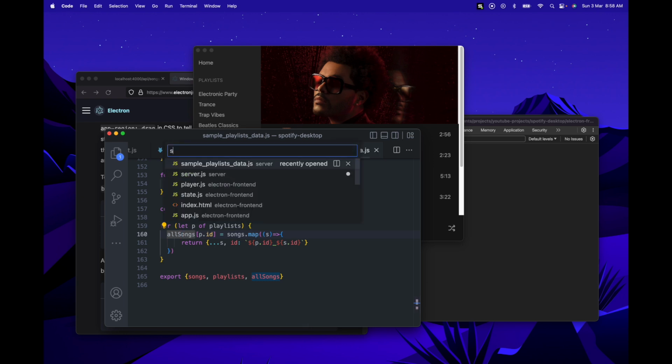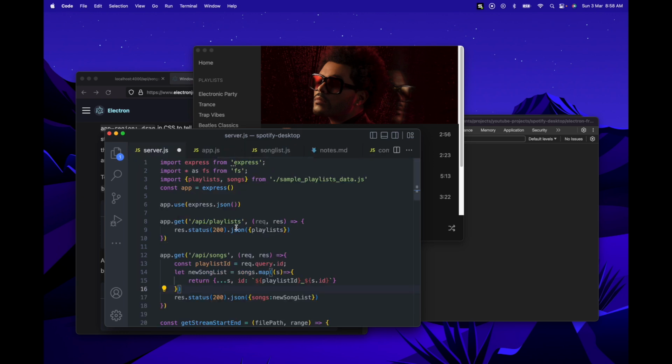Okay, now we can go back. Import it here, and instead of doing this, we can let go of this, back all the way over here,